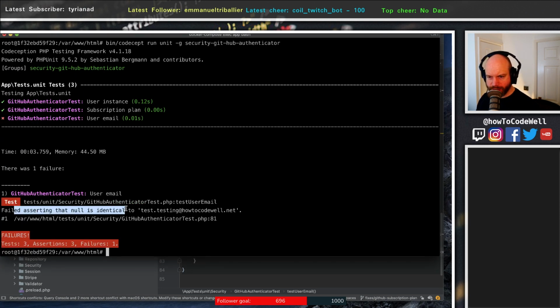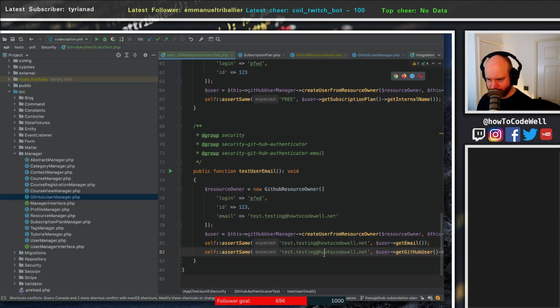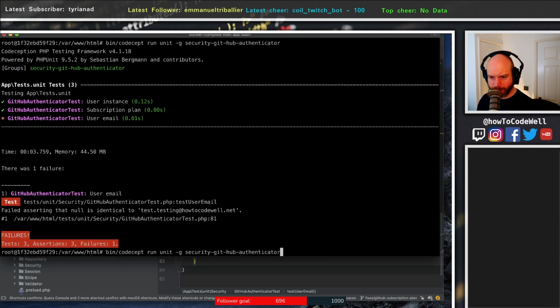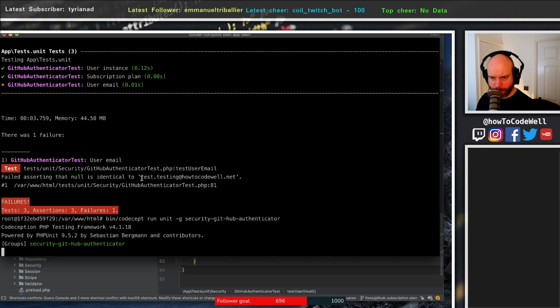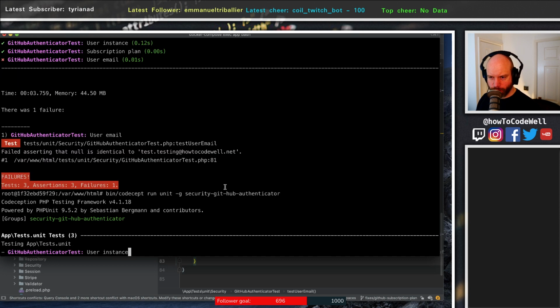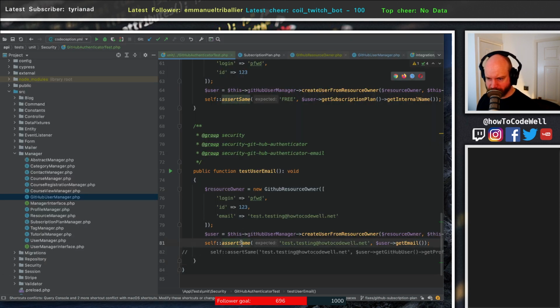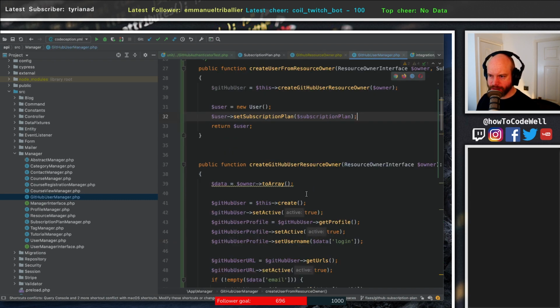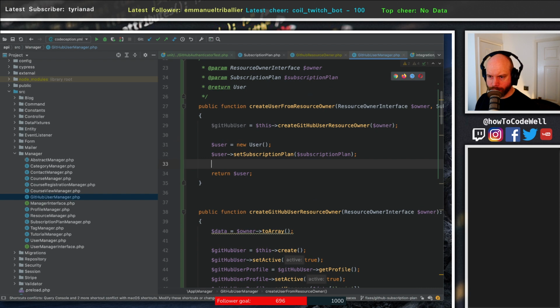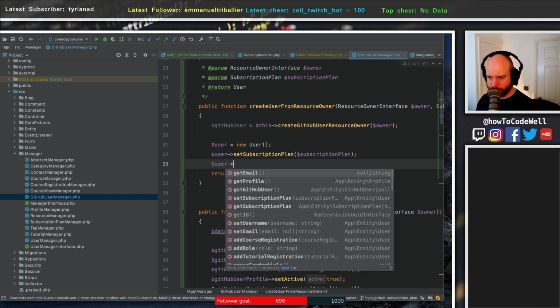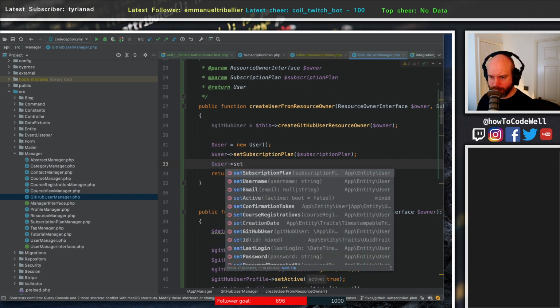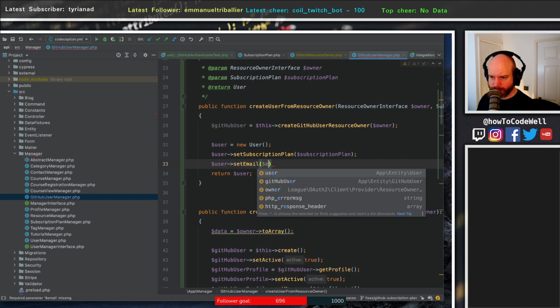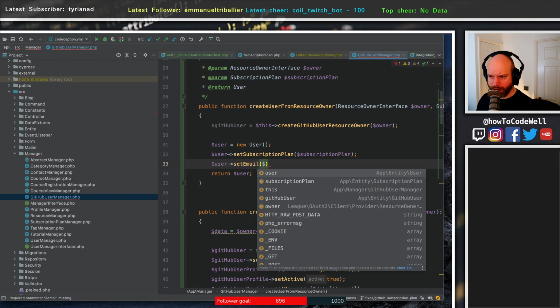Email failed at setting that. Null is identical to this, and because I've gone and doubled this up, I'm confused. So let me just run that again. Line 81, which was the first one, on get email. That makes sense because I haven't actually set it yet, so let's do that. So we want to do user set email is email,